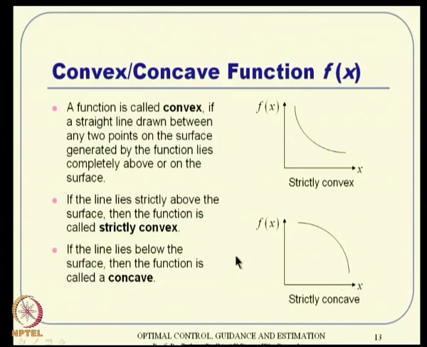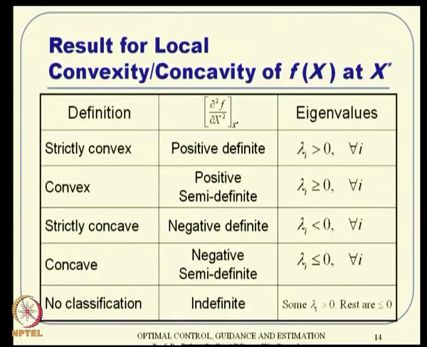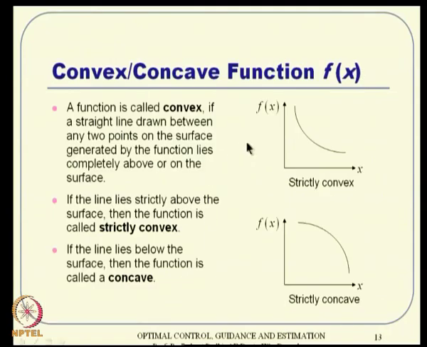But how do you analyze that mathematically? That is more important. That is where differential geometry comes into the picture, and the conclusion through calculus is something like this. Concavity and convexity are typically governed by the positive definiteness or negative definiteness of the Hessian matrix of this f of x. That means del square f by del x square contains some sort of curvature information, and that curvature information will tell us whether the function is convex, concave and so on.